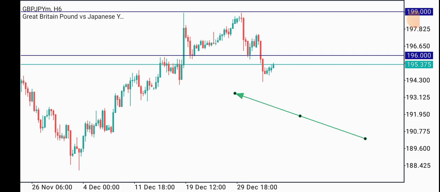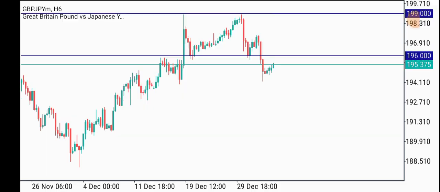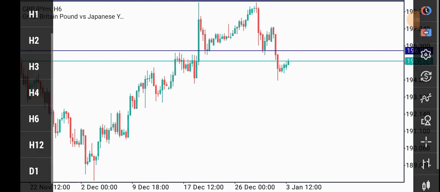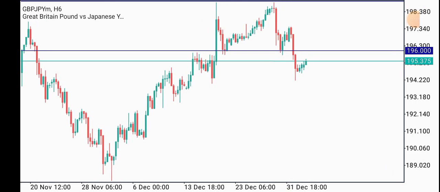Now since we are looking for an opportunity to sell, the next thing to do is to figure out the level where we are going to sell from. What is the next level we are going to sell from? So let's scale down to a lower time frame. But before we scale down,